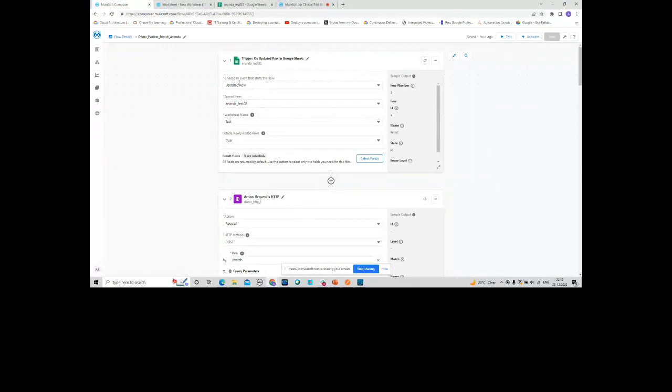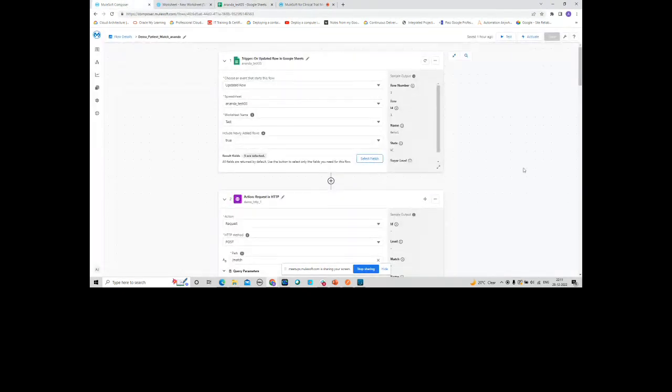That's why I took this event as updated row, and then I am reading from this worksheet, whose name is test, and result is where I am going to load the data I read, and whether this patient is a match or not a match, I'm going to load it over here. For the timing I'm deleting it, because now when I run the Composer, you can see that the Composer is going to write it.